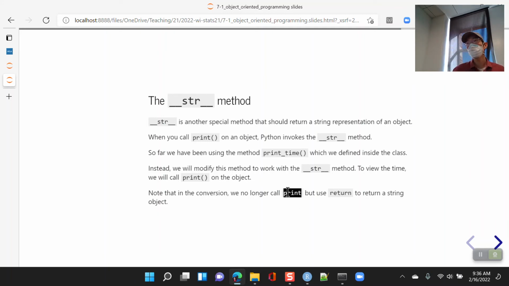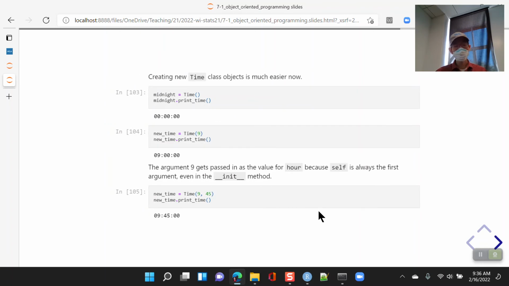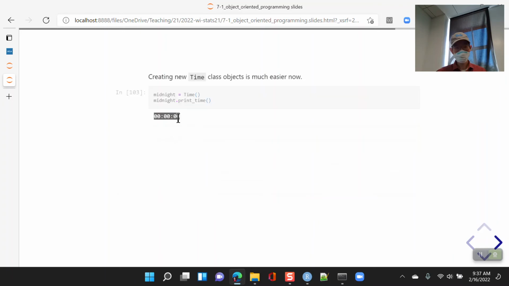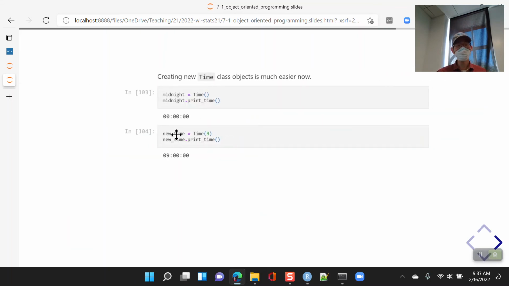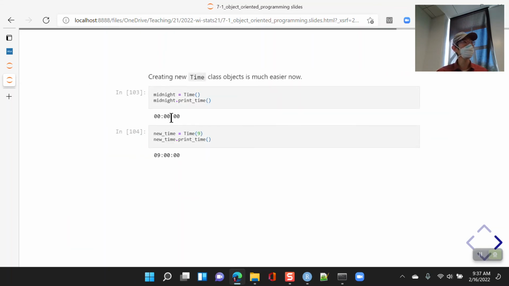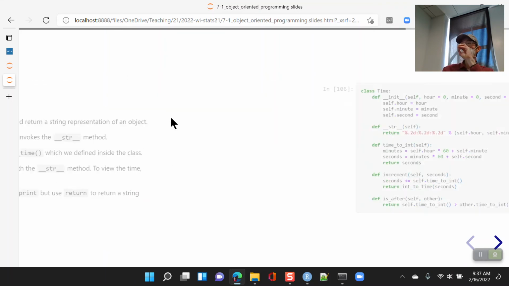And so we are not going to call print, but we're going to use return to return a string of that object, okay? So notice, because I've been calling print time, inside our class definition, print has always kind of printed out. And in Python, when you call print, the return is nothing, right? It returns nothing here. The return is None. But now what we're going to do is